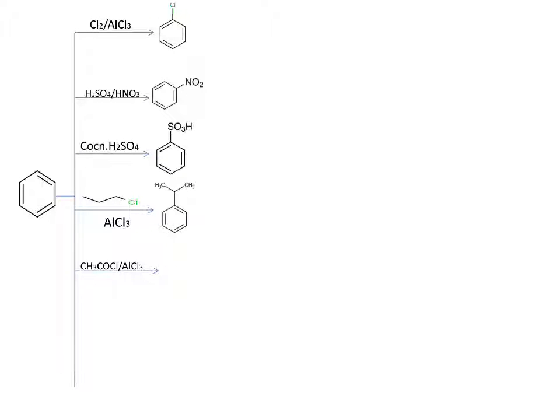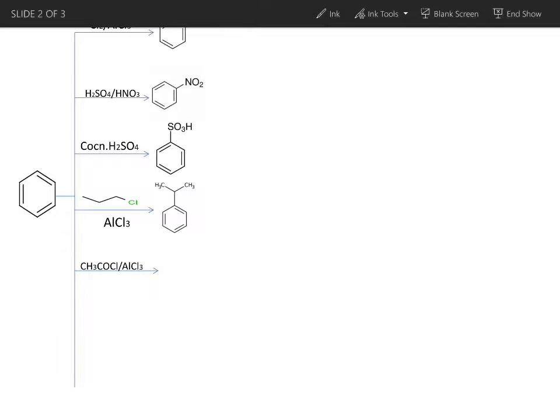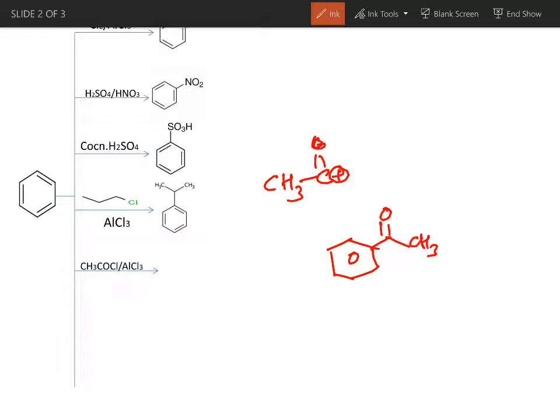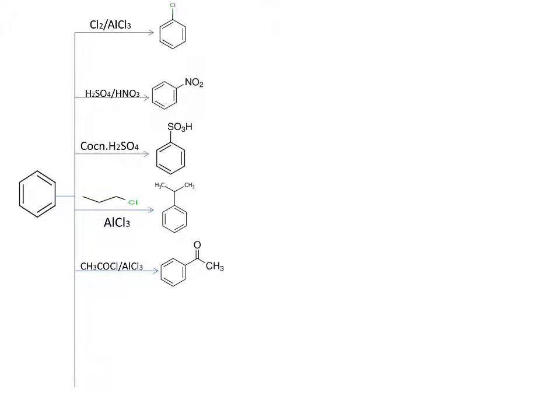In the fifth reaction, benzene is reacting with acyl chloride in the presence of a Lewis acid, that is AlCl3. In this case, it will form an acyl electrophile with positive charge, CH3CO+, which is acting as electrophile and gets introduced on the benzene ring and gives a compound something like this. The name of this compound is acetophenone. So the fifth reaction product is acetophenone.